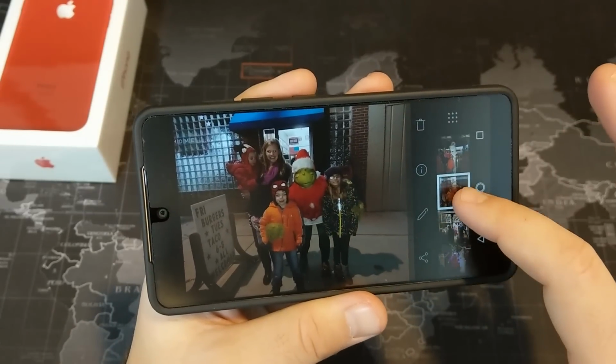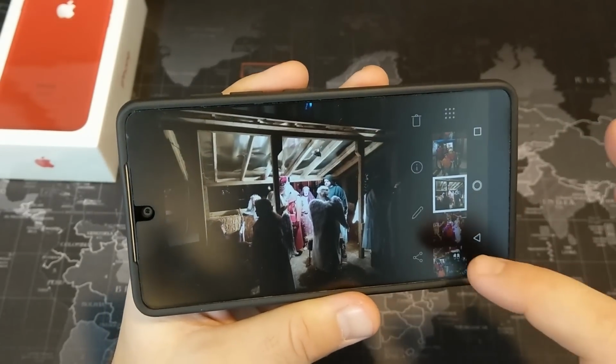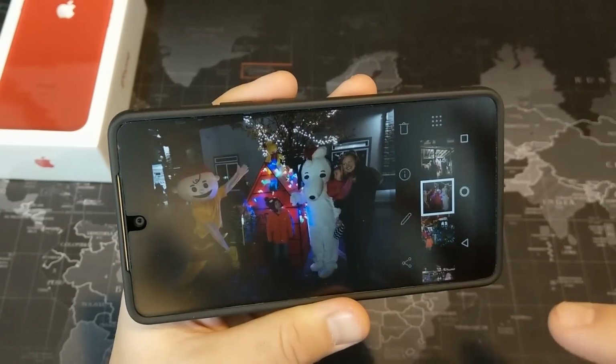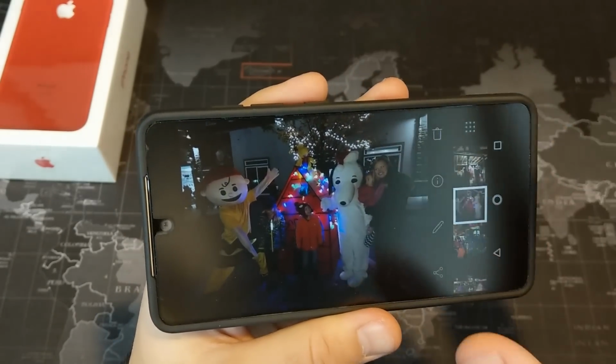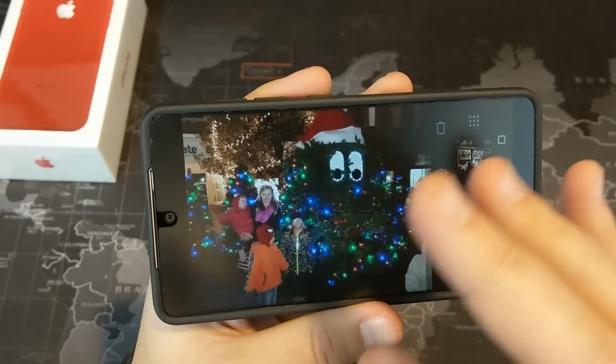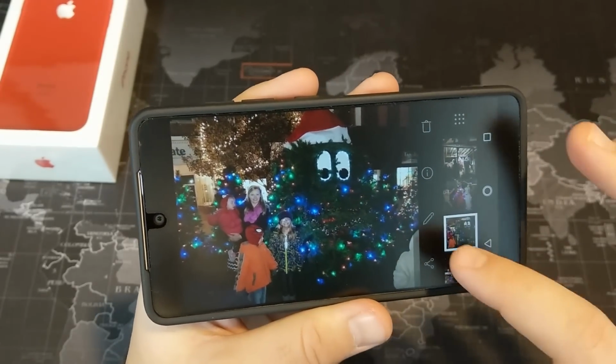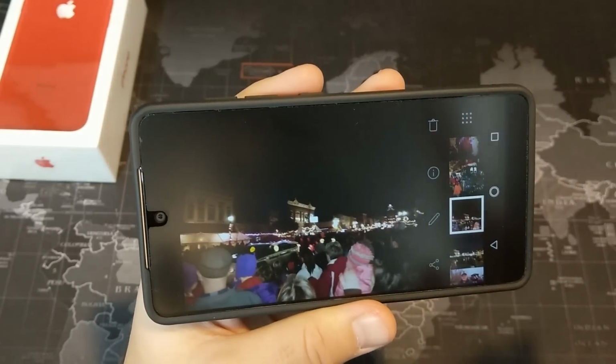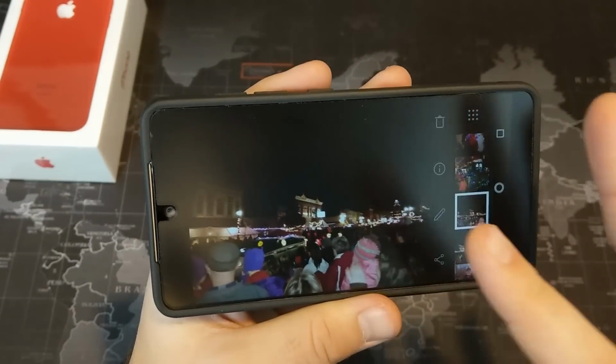So another look at another low light photo there with the Grinch. So just a few low light photos. Again, these were all taken with the new app, and not a huge difference in terms of video quality from what it looked like previously to now. So again, low light photos on this phone still aren't fantastic, but they're definitely better if you use the Google